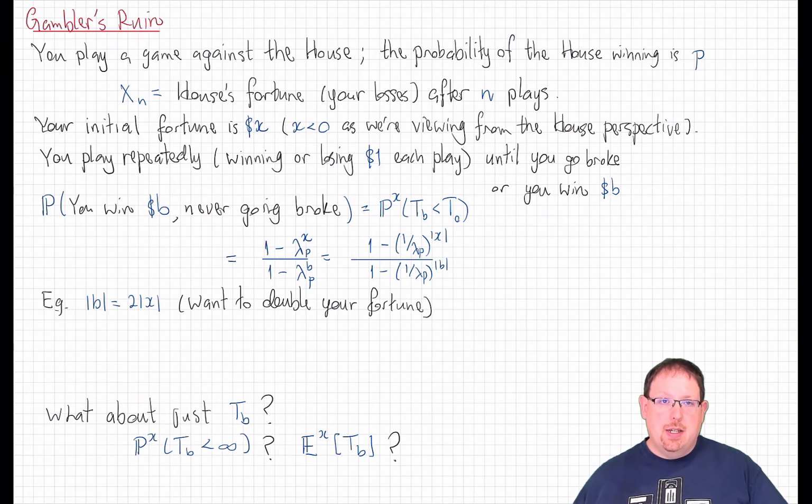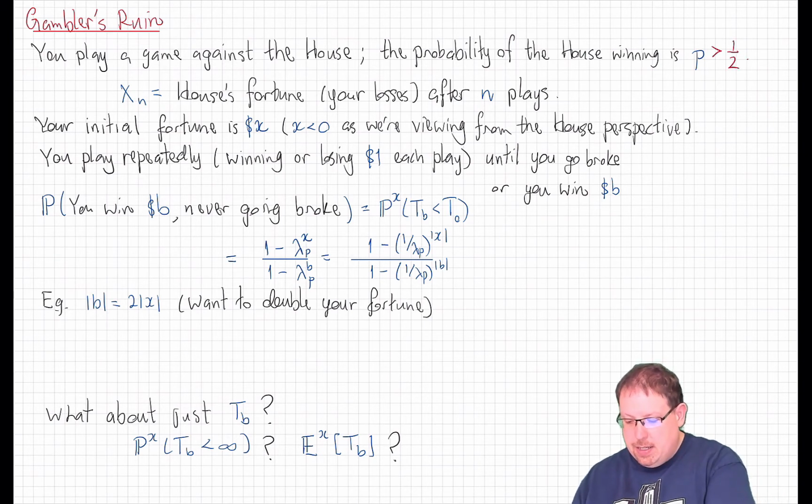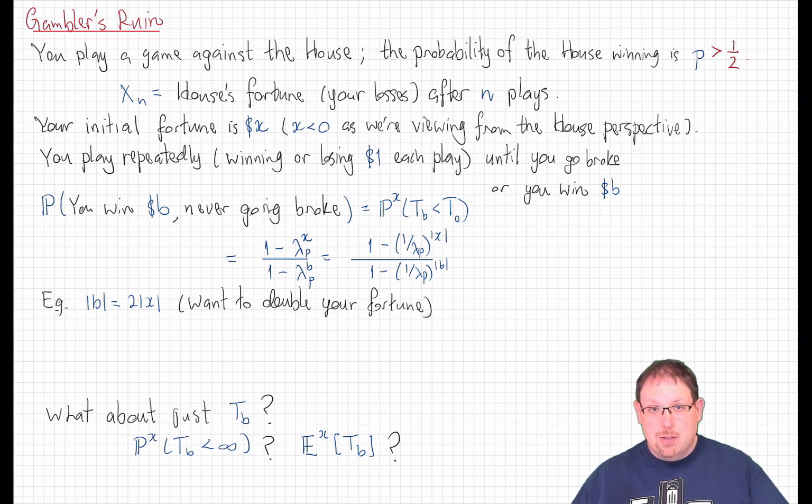You don't have a choice whether you bet or not, and you don't have a choice about how much to bet. So in this case, we're going to be playing from the perspective of the house. That is, xn is going to represent the house's fortune in this game, that is, your losses after n plays. And the reason for that is that we're considering the case where p is greater than 1/2. And in most successful casinos, the odds of the house winning are greater than the odds of you winning in any given game. You'll enter the game with some initial fortune x, and because we're playing from the house's perspective